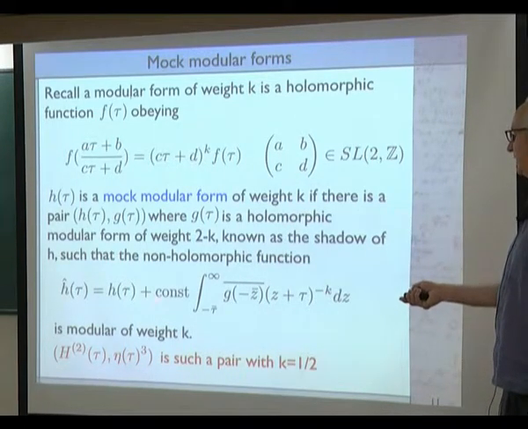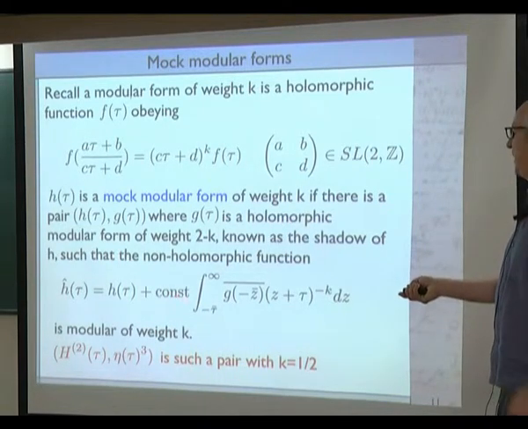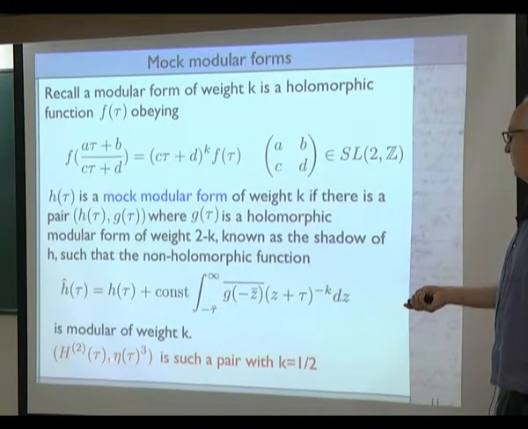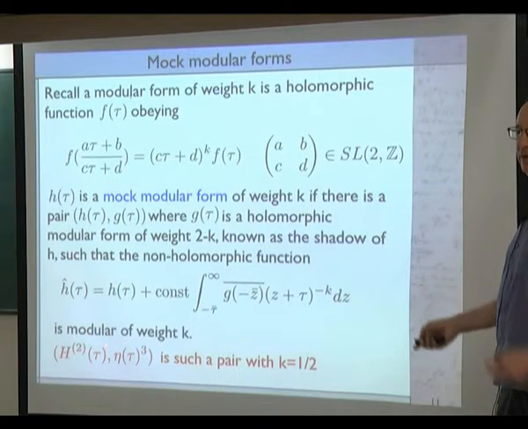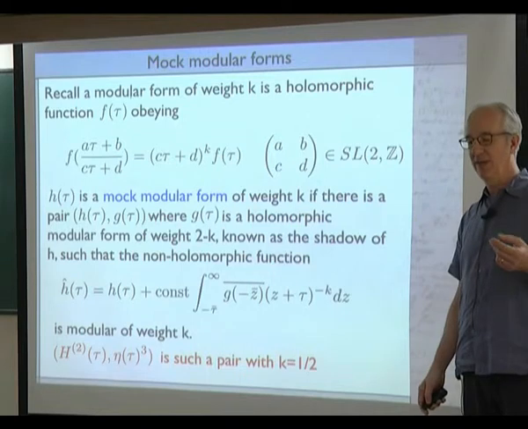You see, there's a constant here, and without a convention for what this constant is, you can't say what the coefficient in front of the shadow is. So we will use a convention later where the coefficient here should be 24. And the reason it should be 24 is that when we start twisting, 24 is going to play an important role, although I won't go through the details, because